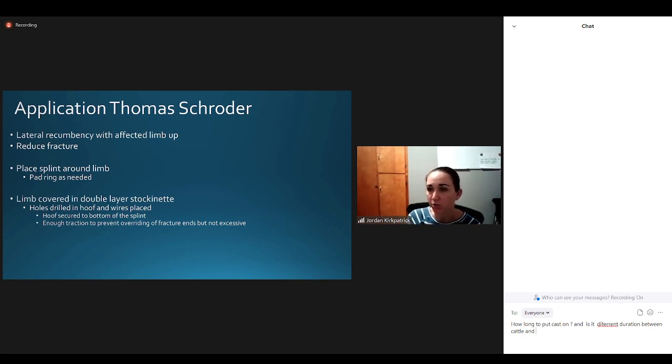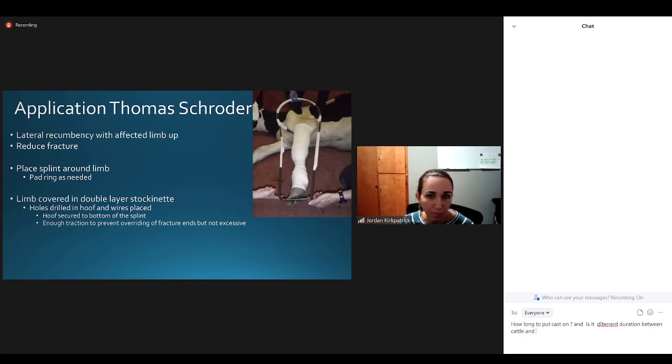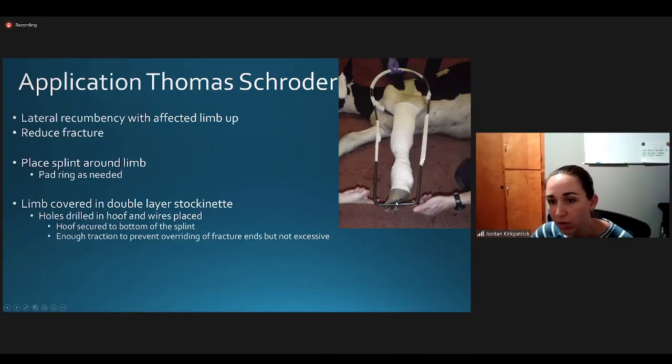the fracture reduced and keep the foot in a semi-normal anatomic position. And that's also to keep traction on the fracture. That's why you wired the foot to the bottom of the splint. And so this is a calf. They already have the stockinette on. You can see the wires on the claws that are wrapping around that U bar, again, to continue to put